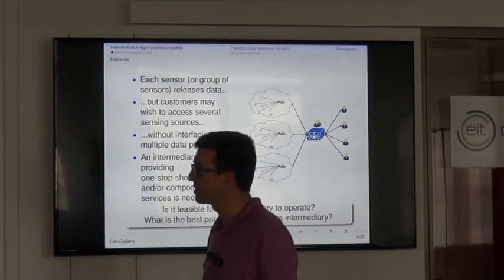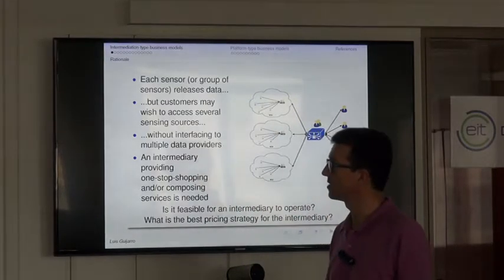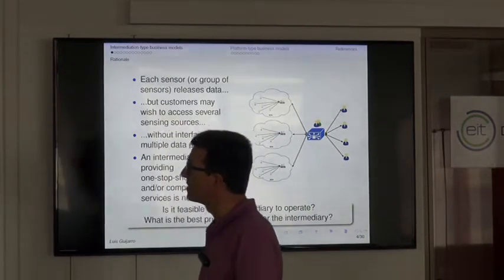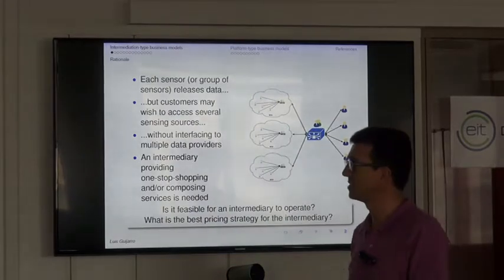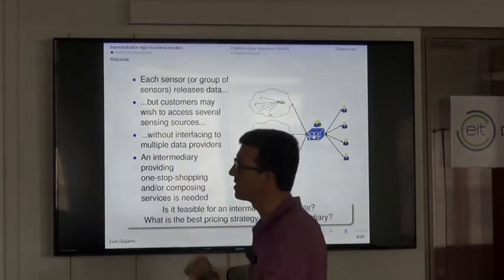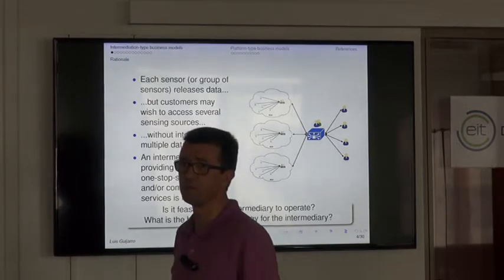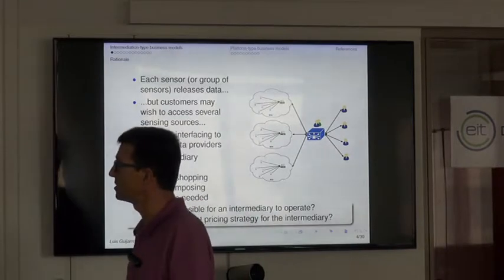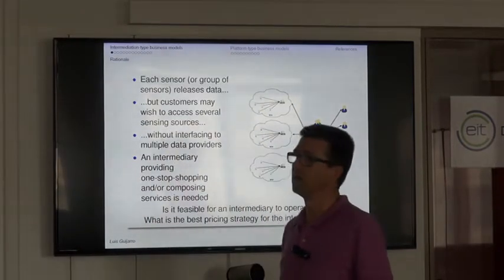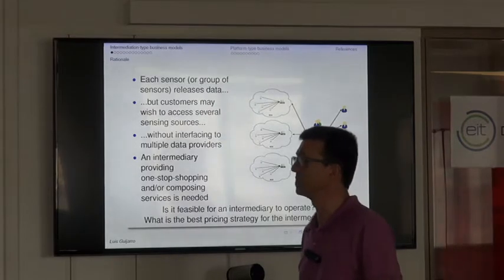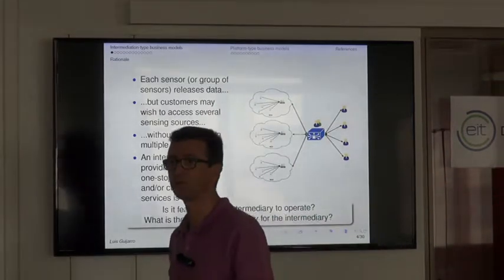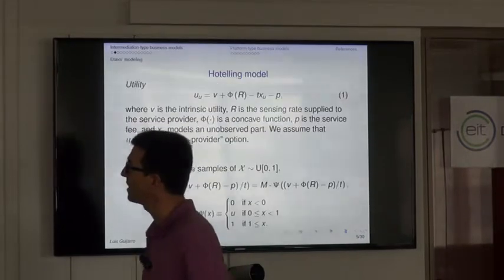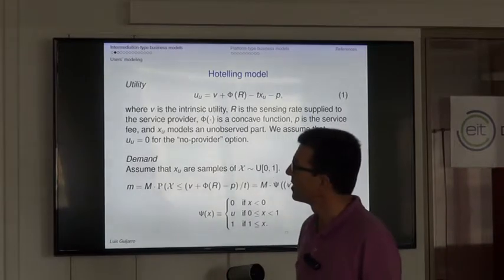So the objective of the economic modeling in a scenario such as this one will be to check whether this business model is feasible. That is, if an intermediary may get positive profits. Okay, and of course, which is the best strategy, which is the best pricing strategy for the intermediary in order to maximize profits or at least to get reasonable positive profits. Okay, well, let's go